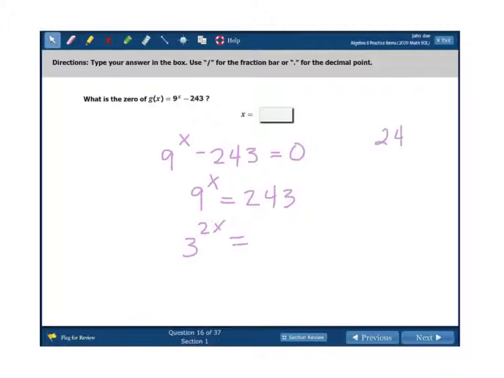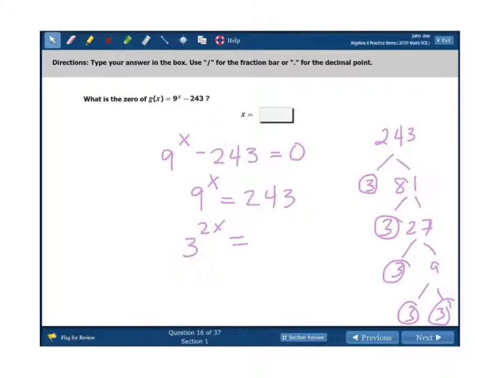243 is a power of 3. If I divide 243 by 3, I get 81. 81 divided by 3 is 27. 27 divided by 3 is 9, and then 9 is 3 and 3. So 243 is 1, 2, 3, 4, 5, the fifth power of 3, so 3 to the fifth. Once you get to there, you can set the exponents equal to one another. If the bases are the same, the exponents are equal, and x is 2.5, or you could type 5 halves